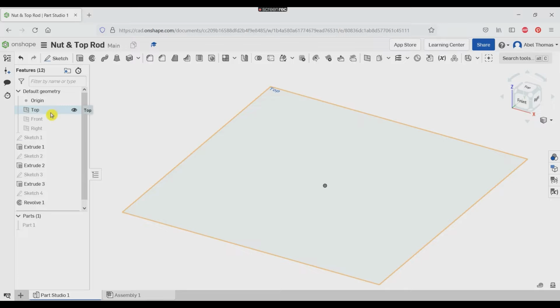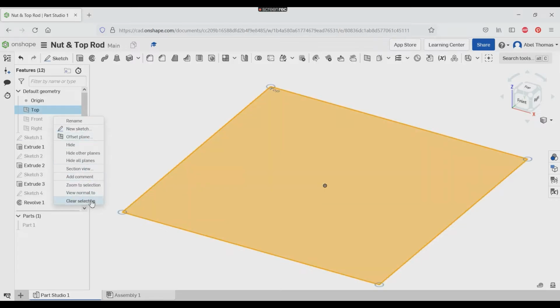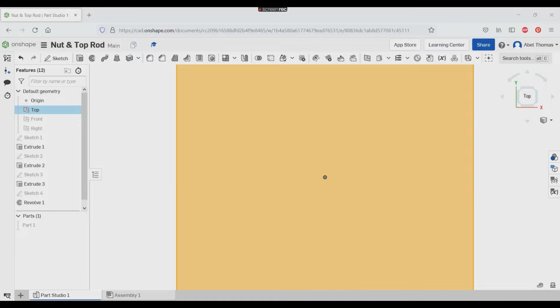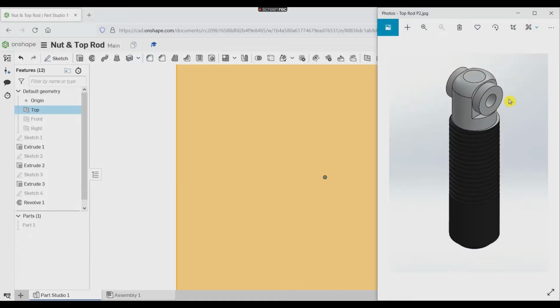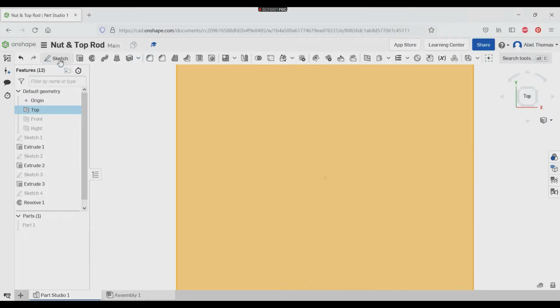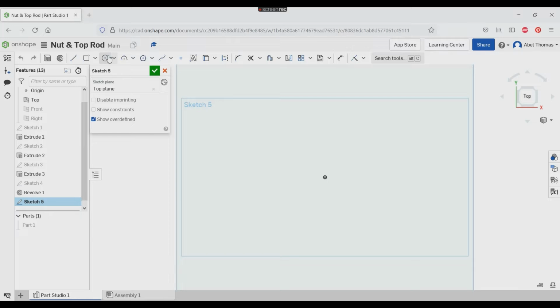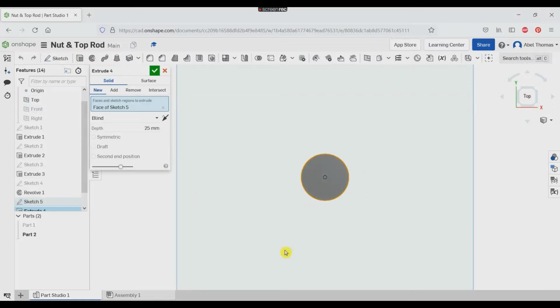Okay, so now let's begin with the top plane. Use normal to, and for the part that we have to design now, from the top plane we see it as a circle. So we'll start with a circle, click on sketch, create a circle. Okay, give the dimension as 24 mm and we'll extrude it. We'll give the extrusion height 108.93 mm